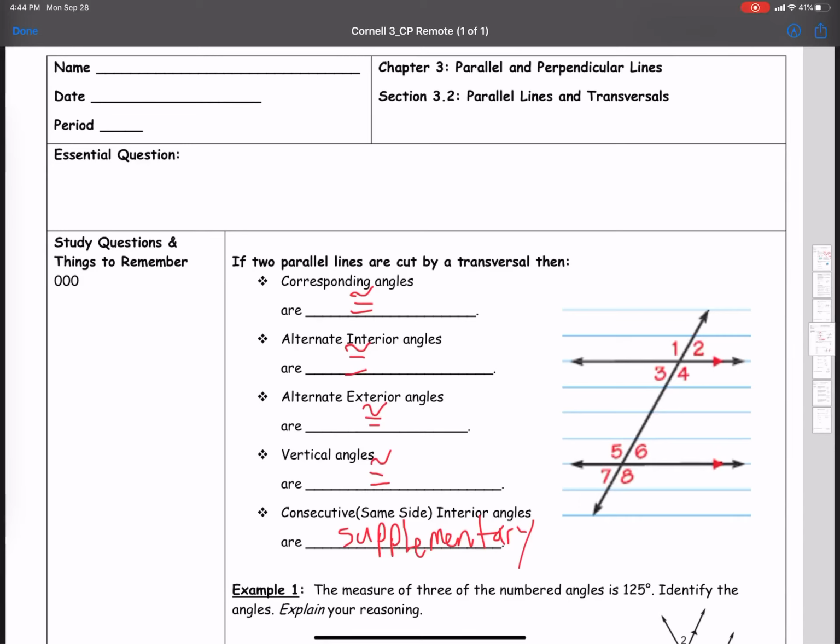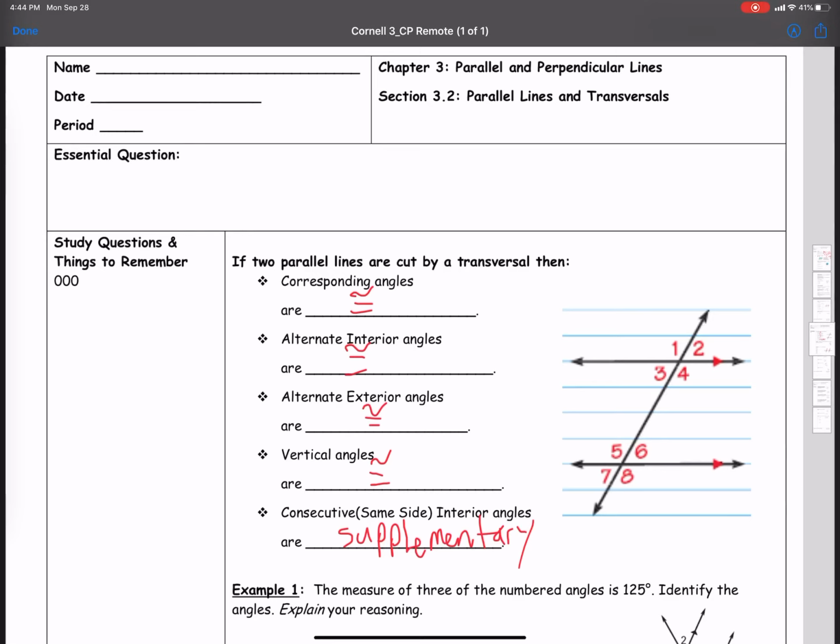Section 3.2, Parallel Lines and Transversals. In this section, we're going to take what we learned in the last section and ask, what if a transversal crosses two parallel lines? Well, if two parallel lines have a transversal cutting across them, then it turns out corresponding angles